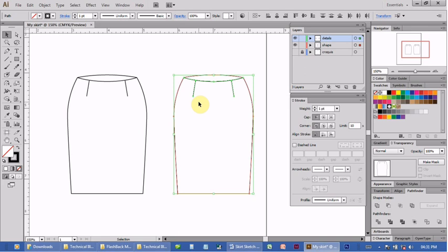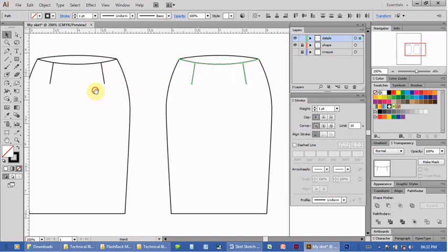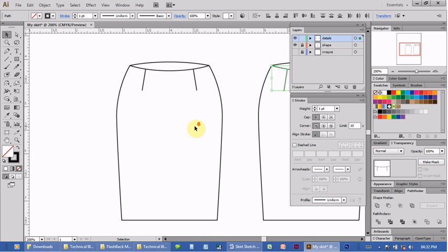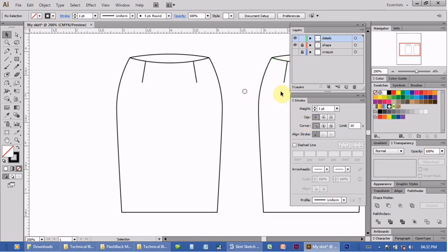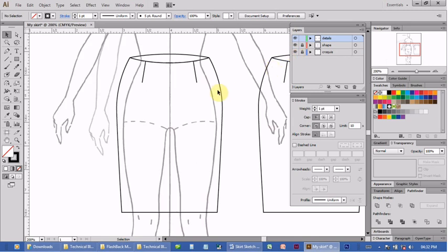Great. Seeing as the original skirt is on our croquis, we're going to use that to create the back view of our skirt. So this duplicate is now our official front view of the skirt. I'm going to relock the shape layer. Again, we're creating everything in our details layer. I'm going to zoom in a little bit. So this is our back view, and I'm going to make the croquis layer visible